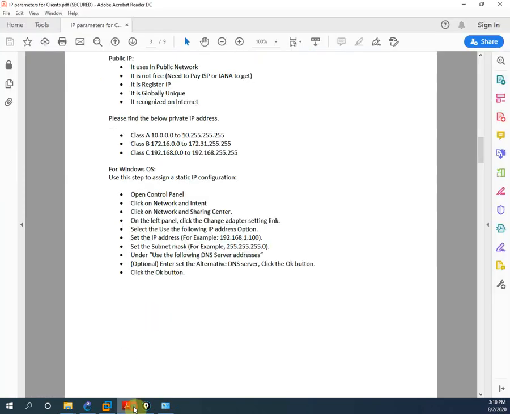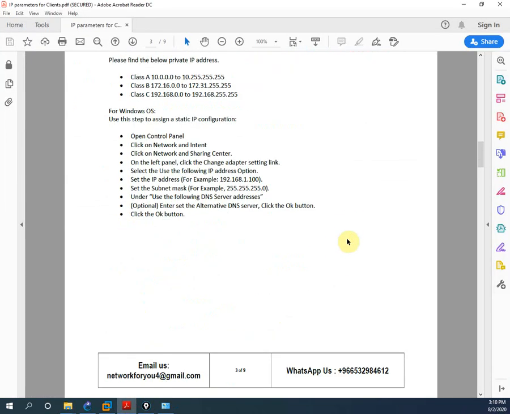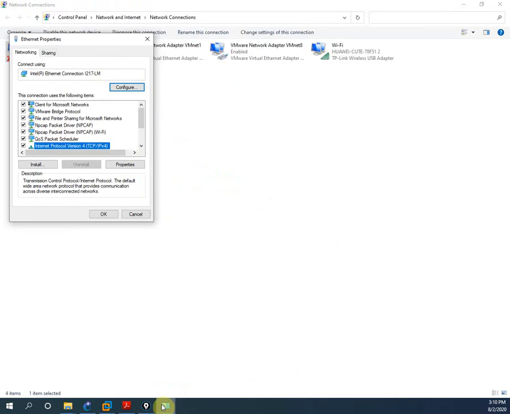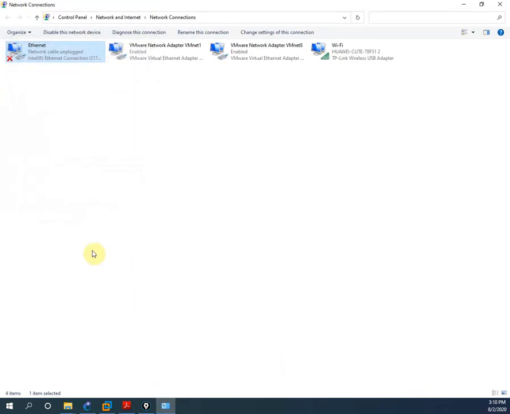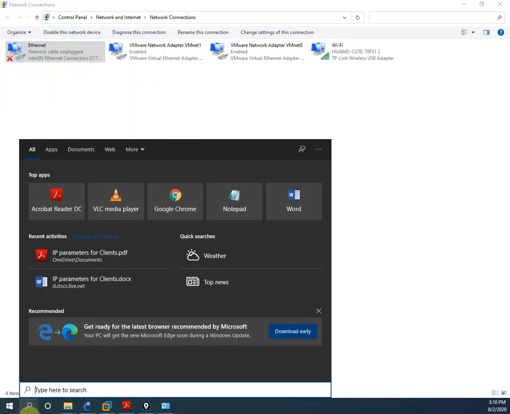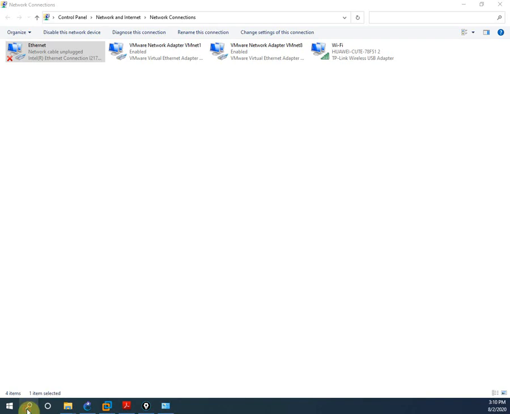In notes I already wrote here. Let me show you. First of all, open the control panel, open this one. I am writing this from the control panel, but it is not necessary from here. Also you can write the command which I am discussing just now. If you want, you can write ncpa.cpl. If you type this command also, we can open this network adapter place. Or if you want, you can go from the control panel. Let me show you also. I can write here, control panel.